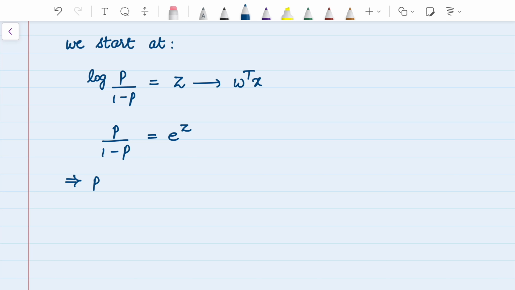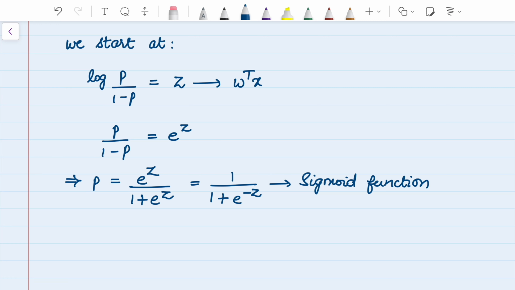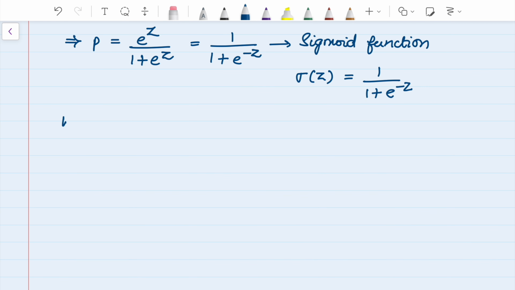Since our problem was to find the value of p, we obtain p equals e^z / (1 + e^z). If we divide this whole value by e^z, we get 1 / (1 + e^(-z)). This is nothing but the sigmoid function, which can be represented as sigma(z) = 1 / (1 + e^(-z)). This means that when we solve a logistic regression problem, we are actually solving for p(x) equals sigma